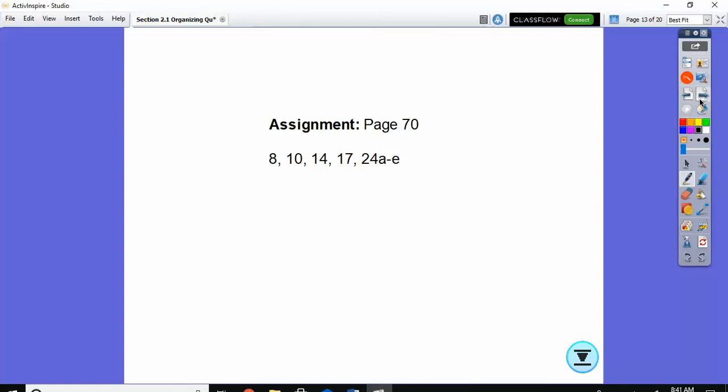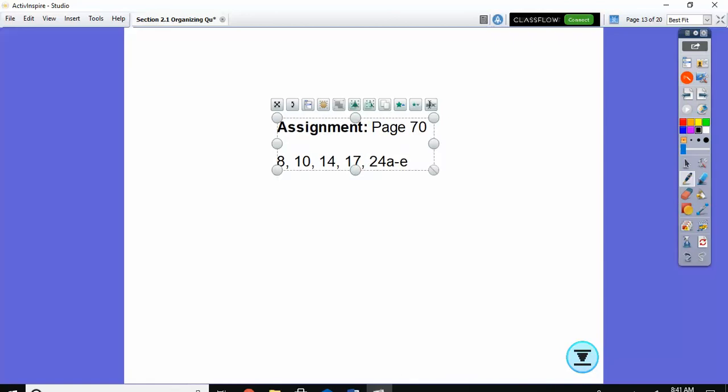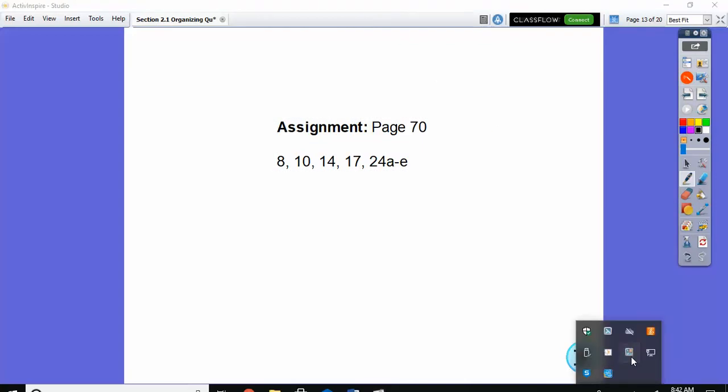I kind of want to take off one of these because we didn't have as much time to work as I intended. All right, let's just take off 24. So you don't have to do the very last one, just do 8, 10, 14 and 17 for me. Make the graphs on your Chromebook, and then you can just share. I will make an assignment on Classroom, and you can turn in your Google Sheet there. Okay? So on your paper, you're only